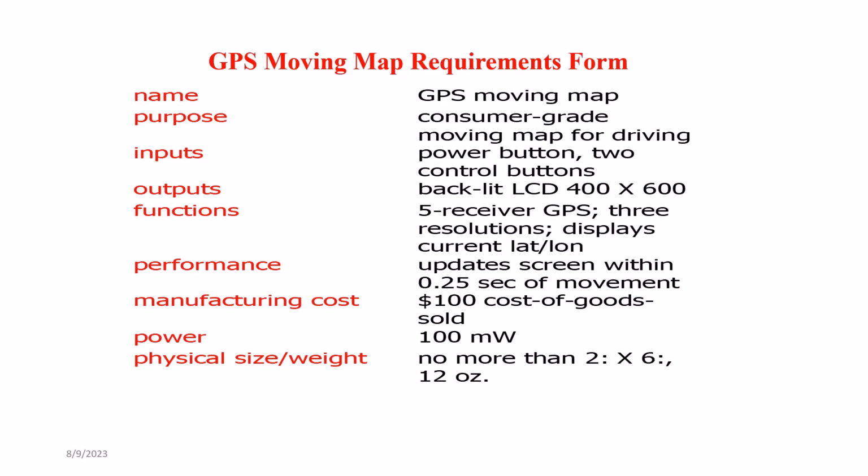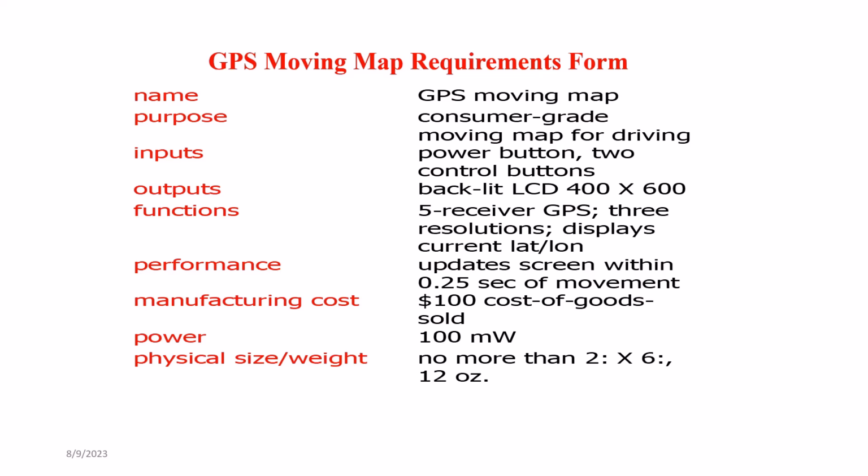requirements sheet, okay, format. What is the name? GPS moving map. Purpose: consumer grade moving map for driving. Inputs: power button, 2 control buttons. What is the output? Backlit LCD 400 by 600, and functions: 5 receiver GPS, 3 resolution, display the